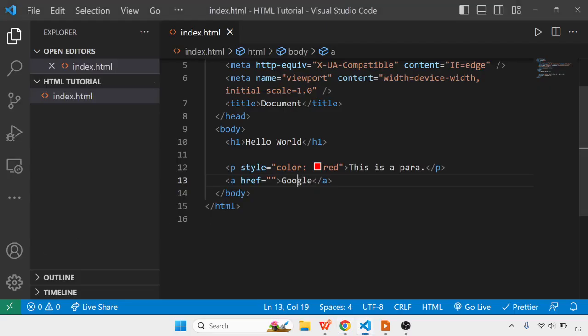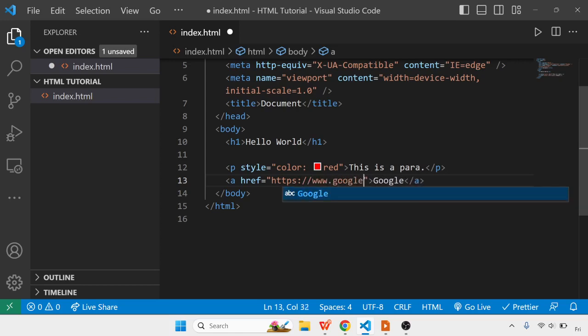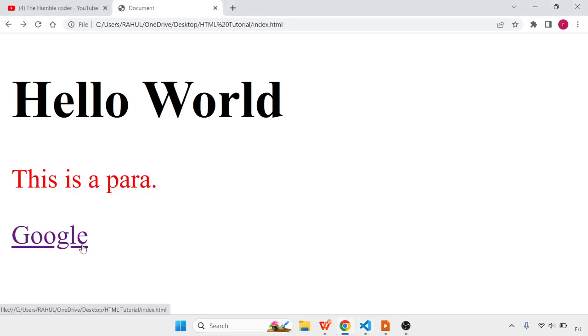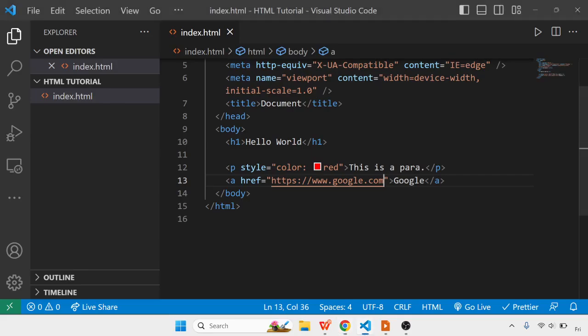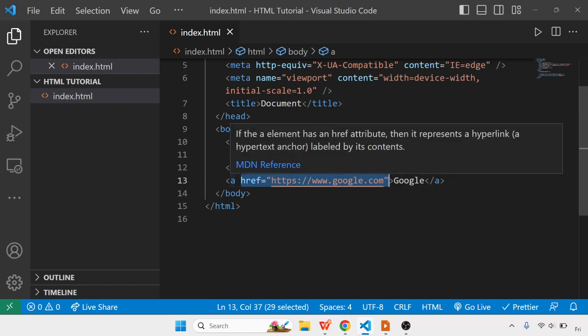So I will mention the link or path where I want to be redirected. I'll write https://www.google.com. Once I click on this link, it will redirect me to Google's homepage. I have clicked on this, and you can see that I am now redirected to the Google homepage. Here href is our attribute which is providing additional functionality to our anchor element, that is A.